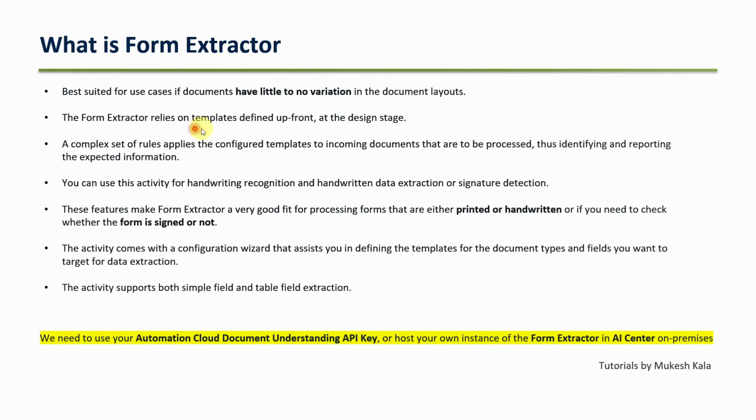The form extractor relies on the template defined upfront. So whenever you use form extractor, UiPath Document Understanding is going to ask you, Mukesh, provide me the template. And if any document is not following that template, your extraction would fail. That's why it is recommended to use form extractor only when you have documents with little or no variance,